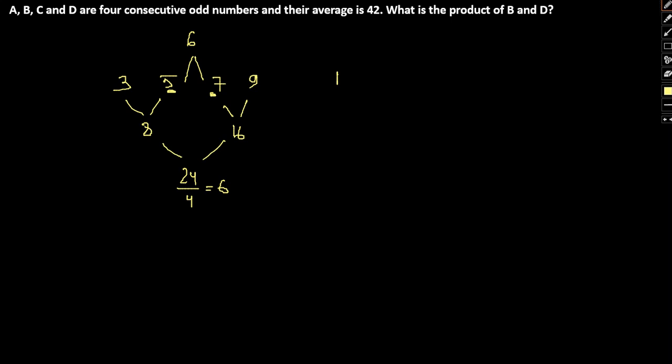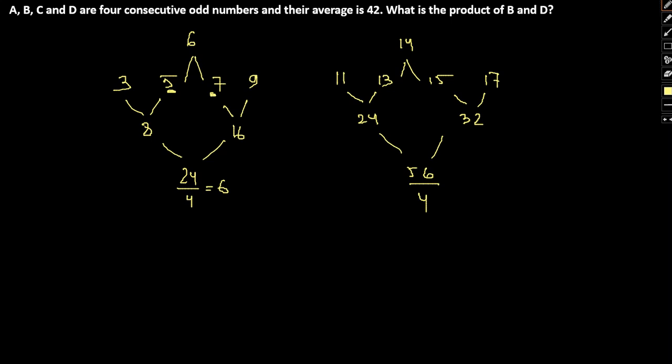Let's take a bigger number, say 11, 13, 15 and 17. Okay, it gives 24, 32, 56. I hope I'm correct. Yeah, 56, and if you divide by 4 it comes out to be 14, which lies somewhere here. So in general we see the trend remains the same.